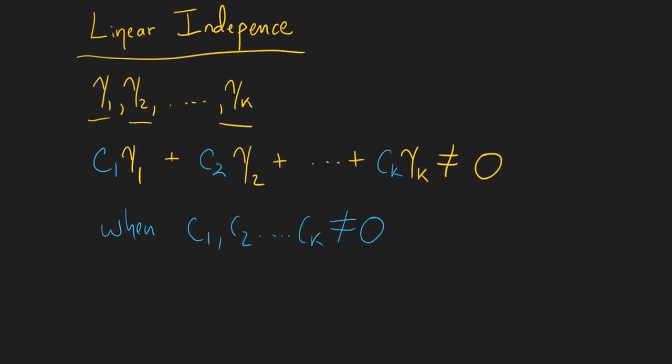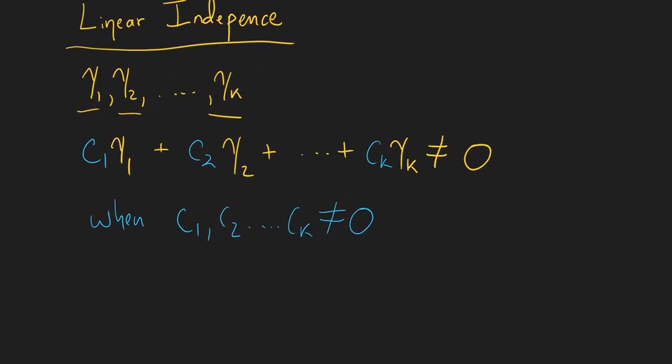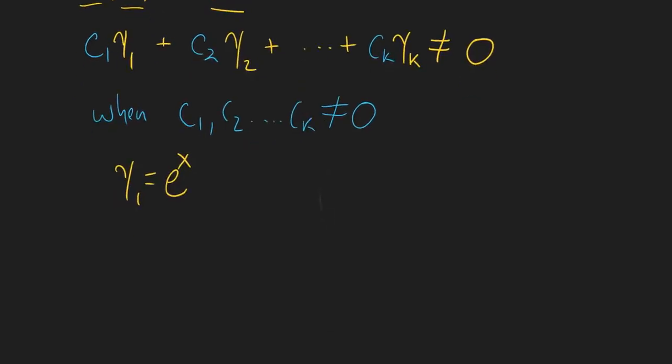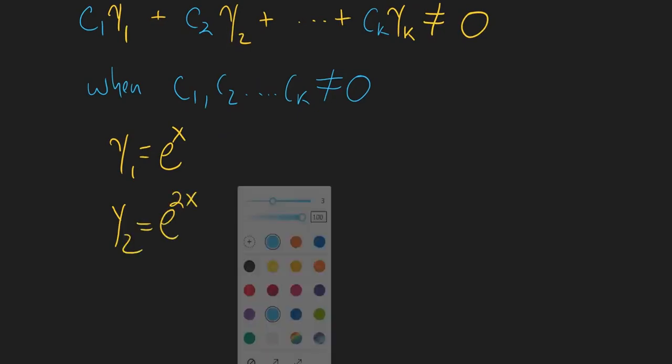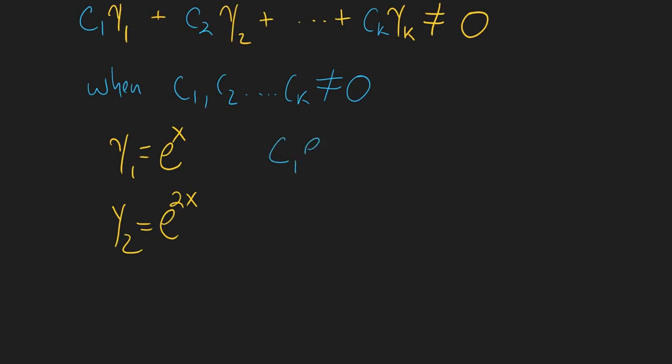So as an example, what we can show is if we have two functions, y1 is equal to e to the x, and y sub 2 is equal to e to the 2x, then we could say, okay, well, we have c1 times e to the x, which is y1, plus c2 e to the 2x, and this is equal to 0. And what we want to show is that this is, in fact, not equal to 0 when c1 and c2 do not equal 0. So what we can do is subtract the right term, so we get this on the other side,